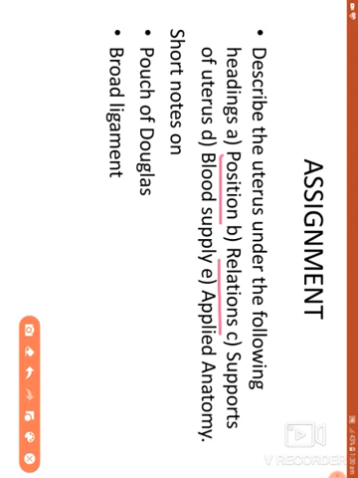Then supports, that can be asked separately as a short note, the supports of the uterus, which are the primary supports and the secondary supports. Then blood supply, this applied anatomy. Then also short notes on the pouch of Douglas and its importance. Then broad ligament. What is broad ligament? Which are the parts of this broad ligament and contents of this broad